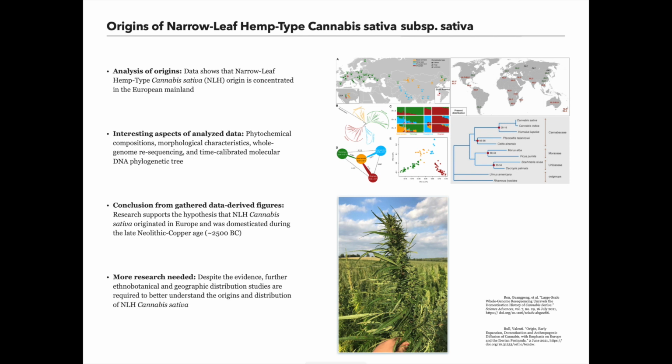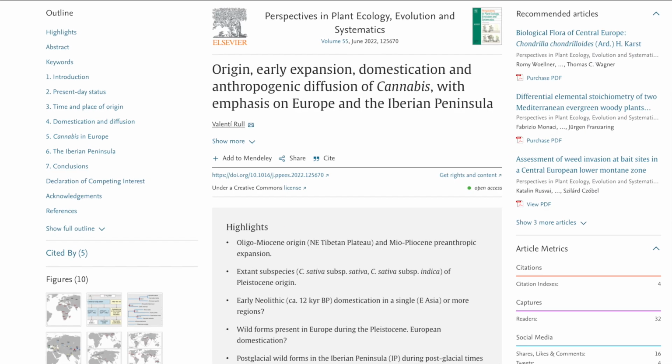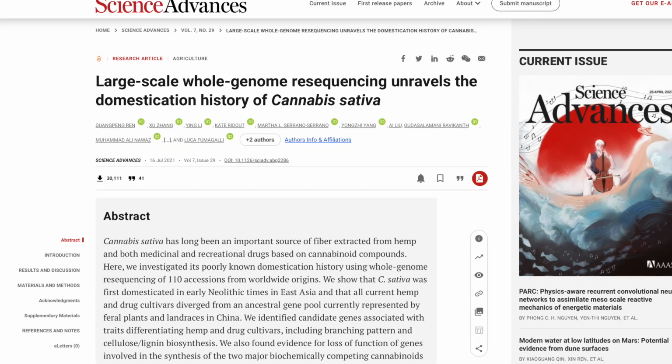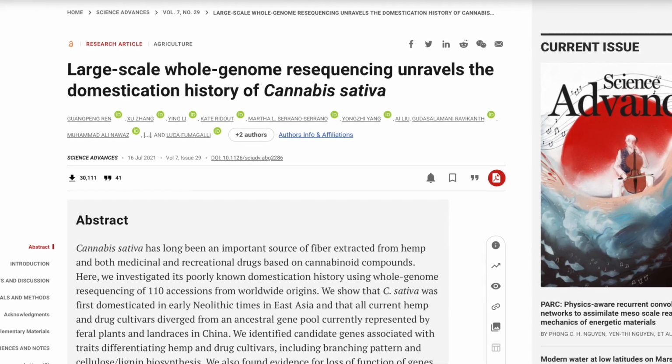based on the gathered information from two recent studies published in the journals Perspectives in Plant Ecology, Evolution and Systematics and Science Advances. This field has experienced significant advancements and considerable enhancements in data quality over the past 5 years. Firstly, the recent analyses of the origins of NLH Cannabis sativa revealed that this crop's present feral and